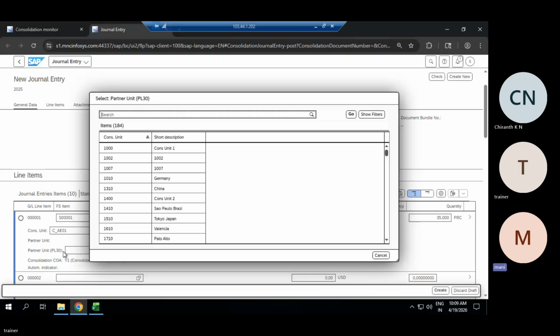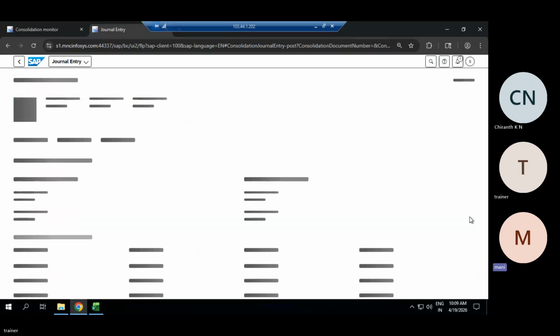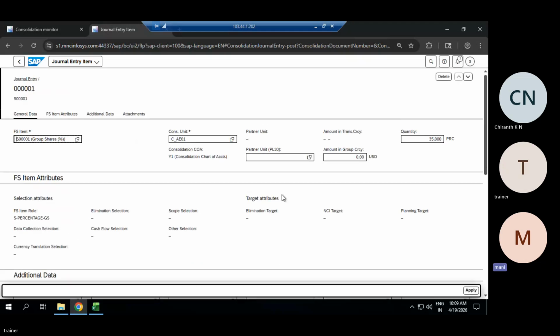Partner unit is not relevant. PRC means percentage only. Quantity.